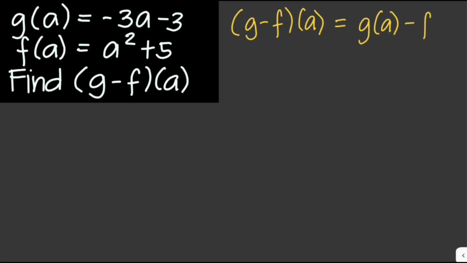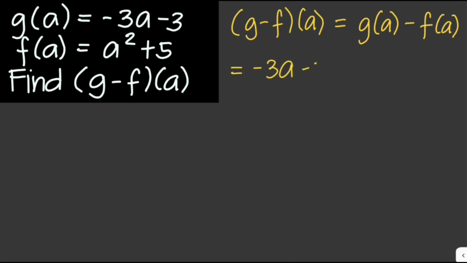We just have to find g minus f of a. So g minus f of a is just equivalent to g of a minus f of a. Okay, we just have to substitute g of a and f of a. So that would be